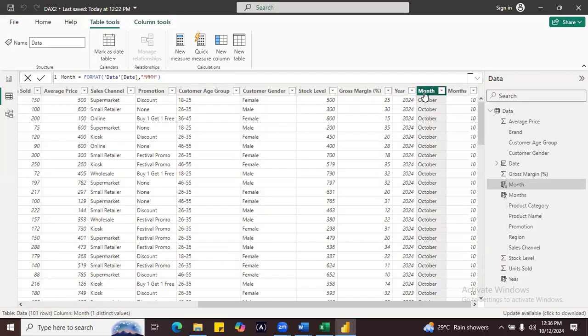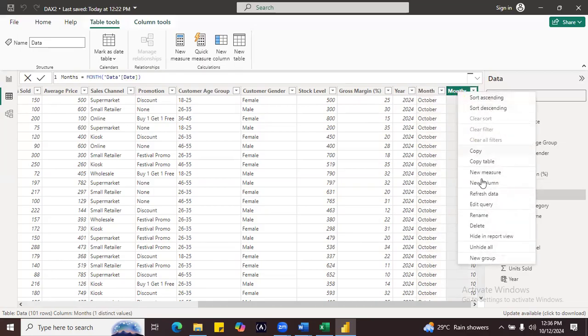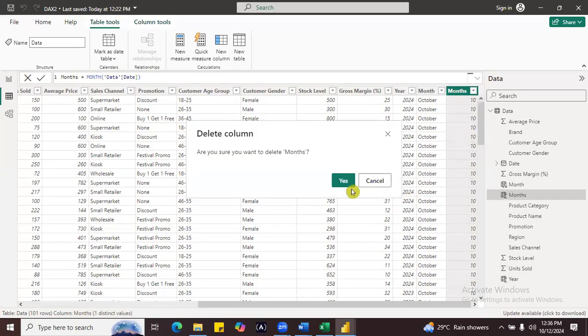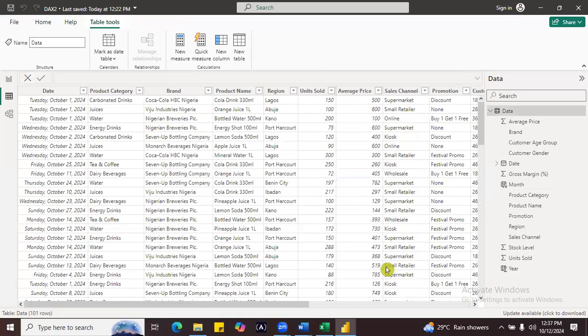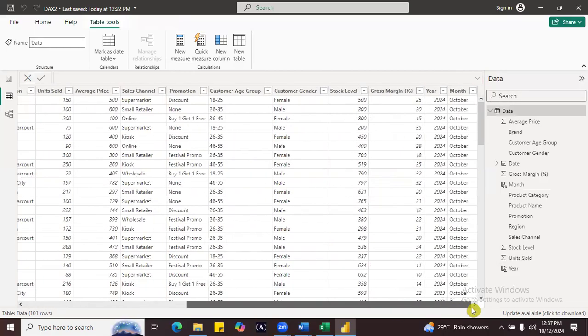Okay. So as the house determines, which one should we take out? Which one are we taking out? The month with the number. The one with the number. Okay. So we are taking this one out. We are taking months out. So we now have just the month with the